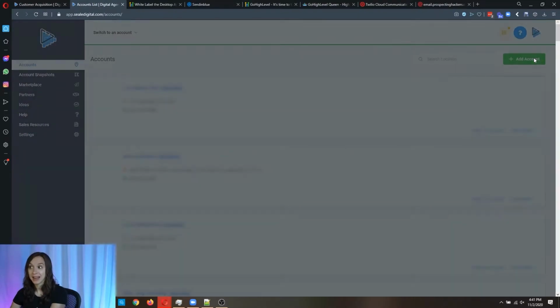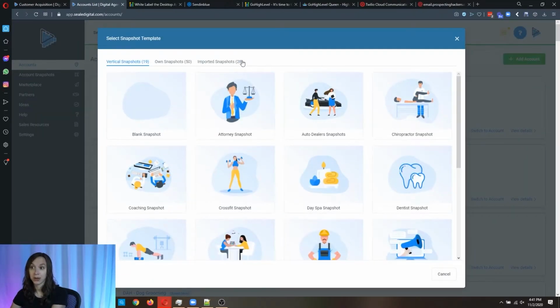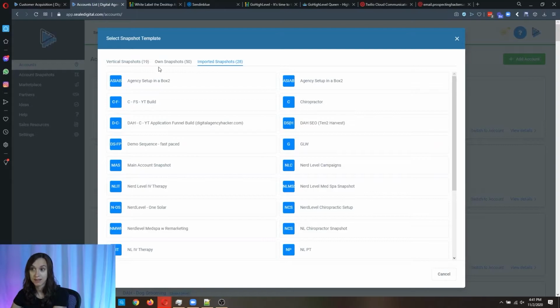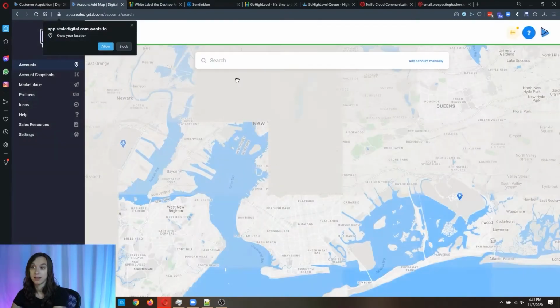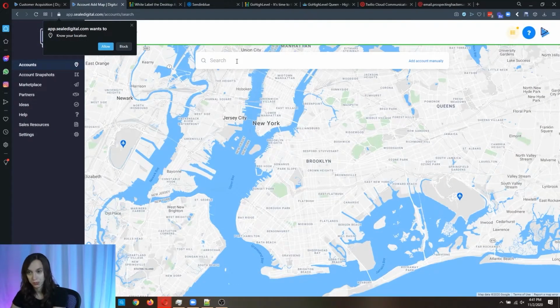You're going to click add an account, then go into imported snapshots and click on the snapshot that I sent you. Then you are going to type in your client's name here or your agency name, but that snapshot is really more for your client.